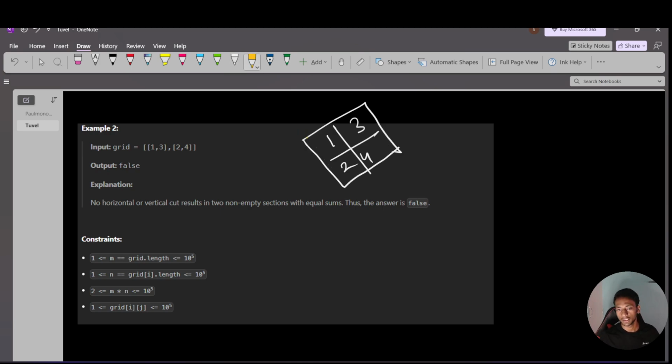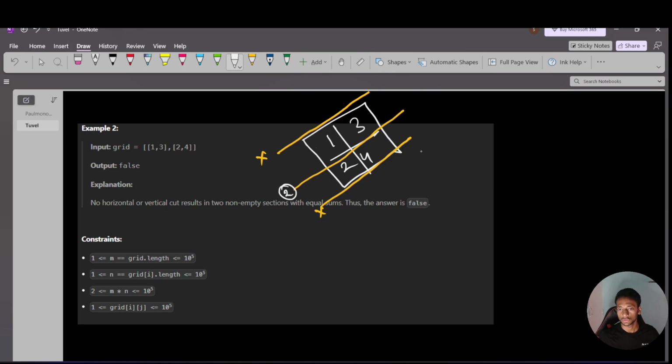Next, first of all, check if any horizontal cut is possible or not. So this is not a valid horizontal cut. This is one possible, but we have to check whether the sums are equal or not. Next, this is another vertical cut which we can do. So this is not valid, and this is also first and third is not valid. I've already mentioned why. Next, if I take this line number 2,